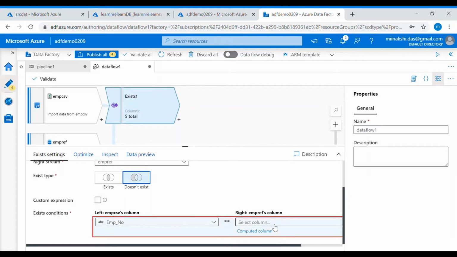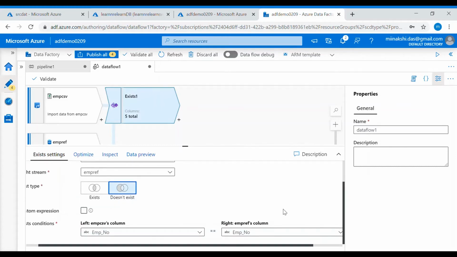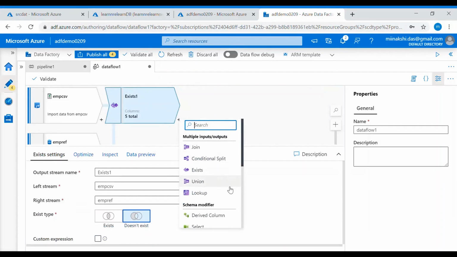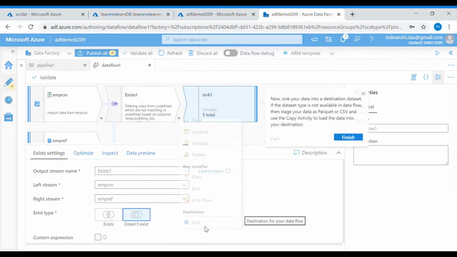From both streams, we are taking the employee number to check the existence of the data. Once the data is checked, if it is not present, we will put it into the destination. So after this Exists transformation, we'll add the sink.